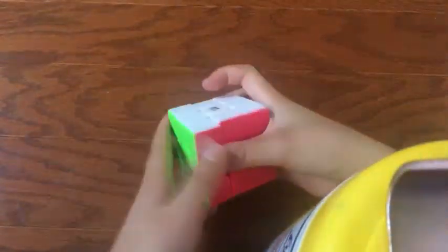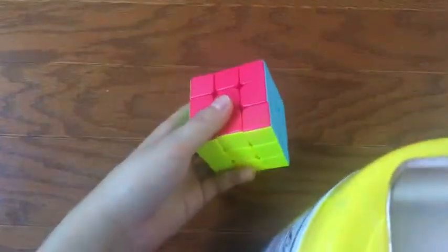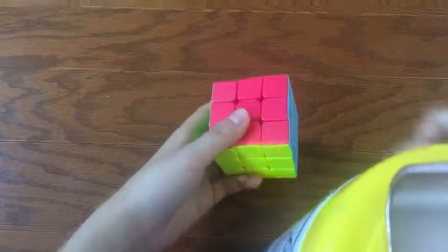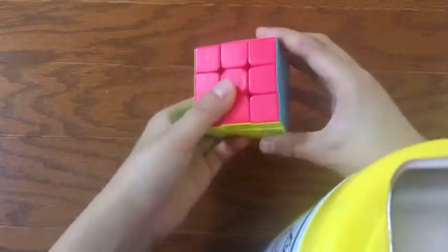Now with the next shortest one, which is the J perm, there's kind of two parts of it. You need to know the T perm to know the J perm, though. So let's move on to the T perm and then skip to the J perm. So what you want to do with this one is,